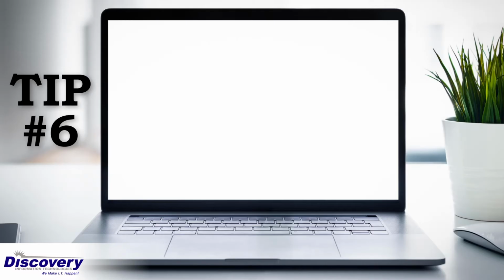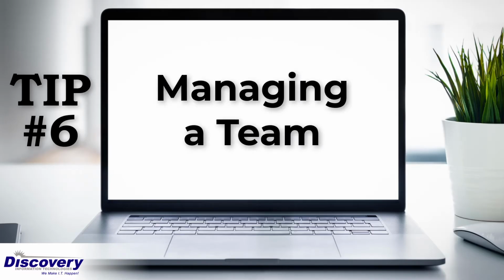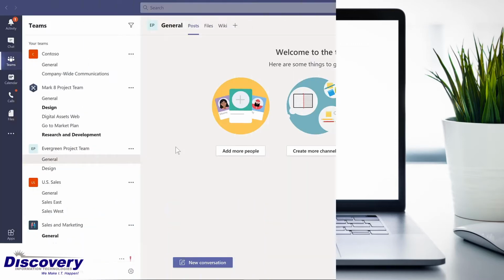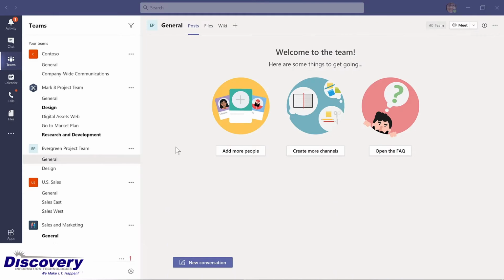Number 6, managing a team. If you're the owner of a team in Microsoft Teams, there are a number of easy ways to customize and manage a team. Although some of the options are available to all members, I'll focus on your choices as an owner in a team. First, I want to change the name of this team. We'll simply go to the ellipses for more options, or you could right-click